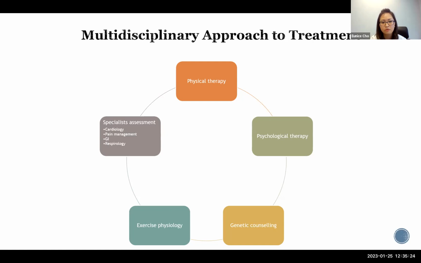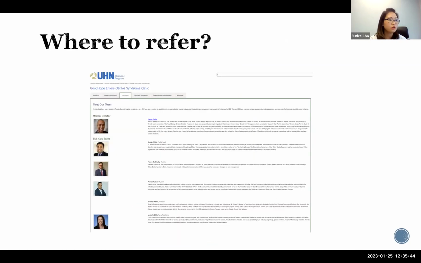Exercise physiology is also an important part of their therapy, and then involving the right specialist. So whether it's cardiologist, pain specialist, GI, or respirologist, involving all these care team members is important in caring for the EDS patient population. So we're actually quite fortunate that when I was preparing for this presentation and going into a little bit more into EDS,